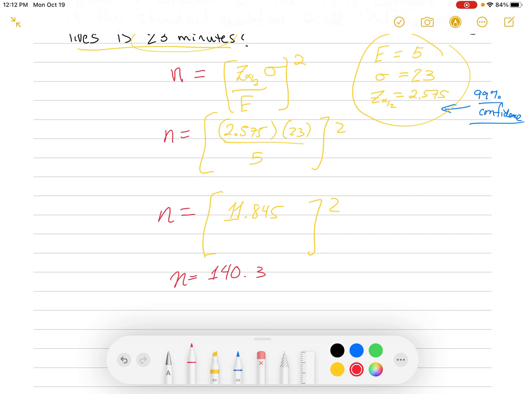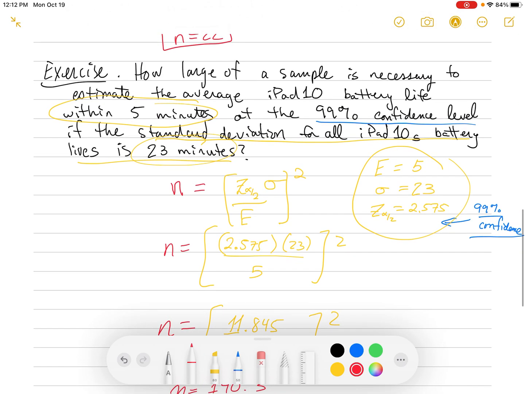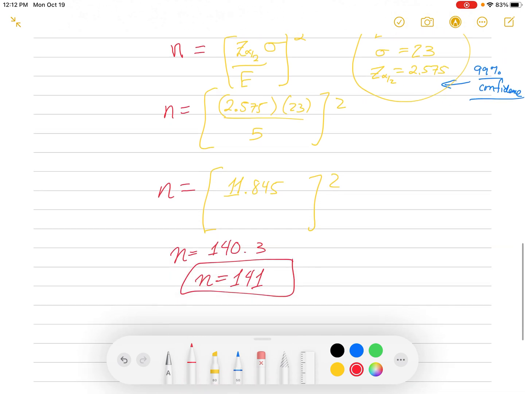Now, remember we're taking samples. Can you take 140.3 iPads? No, you can't take parts of iPads, so you have to take whole iPads. 140 wouldn't be enough, so you have to take 141. So always go up if you get a decimal. So 141 would be the minimum number of iPads you would have to collect and test their battery life if you wanted to find the average battery life